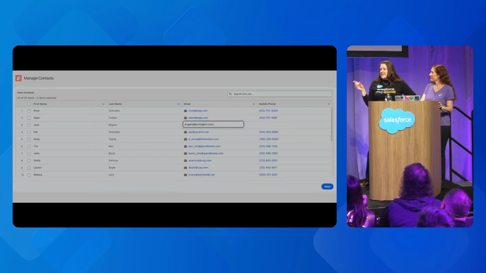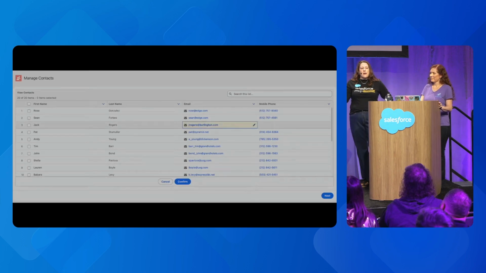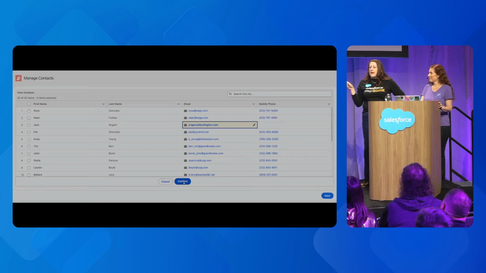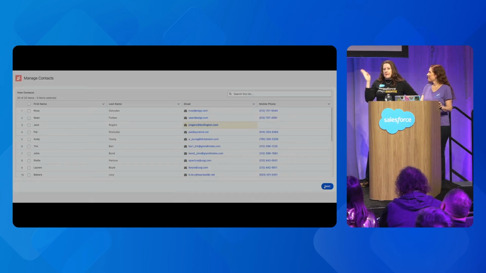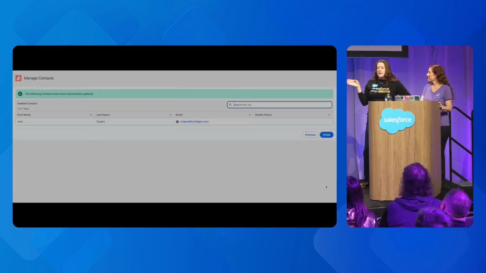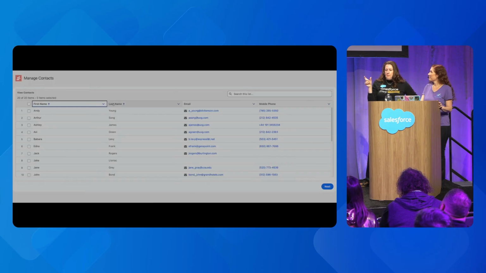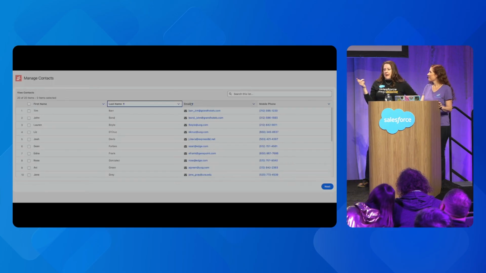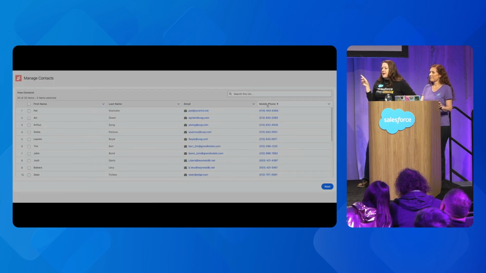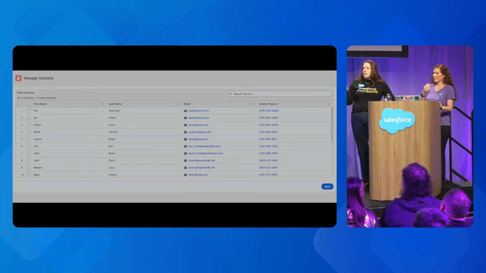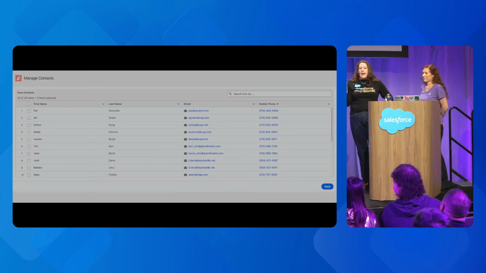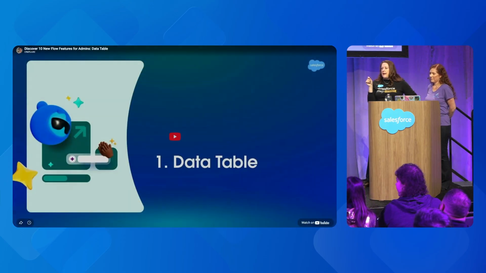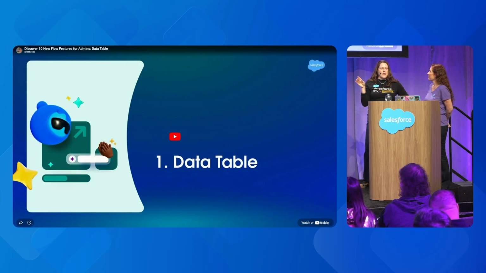So you can make the changes right within the data table. You can be really granular about this change and set specific columns/fields that you want to allow your users to edit within the table by using the edit column values. And then afterwards, you'll use the output of that table to actually update the records. The other new feature shown here is being able to sort the columns. And again, this is a granular feature where you'll set it on each column/field that you want to allow your